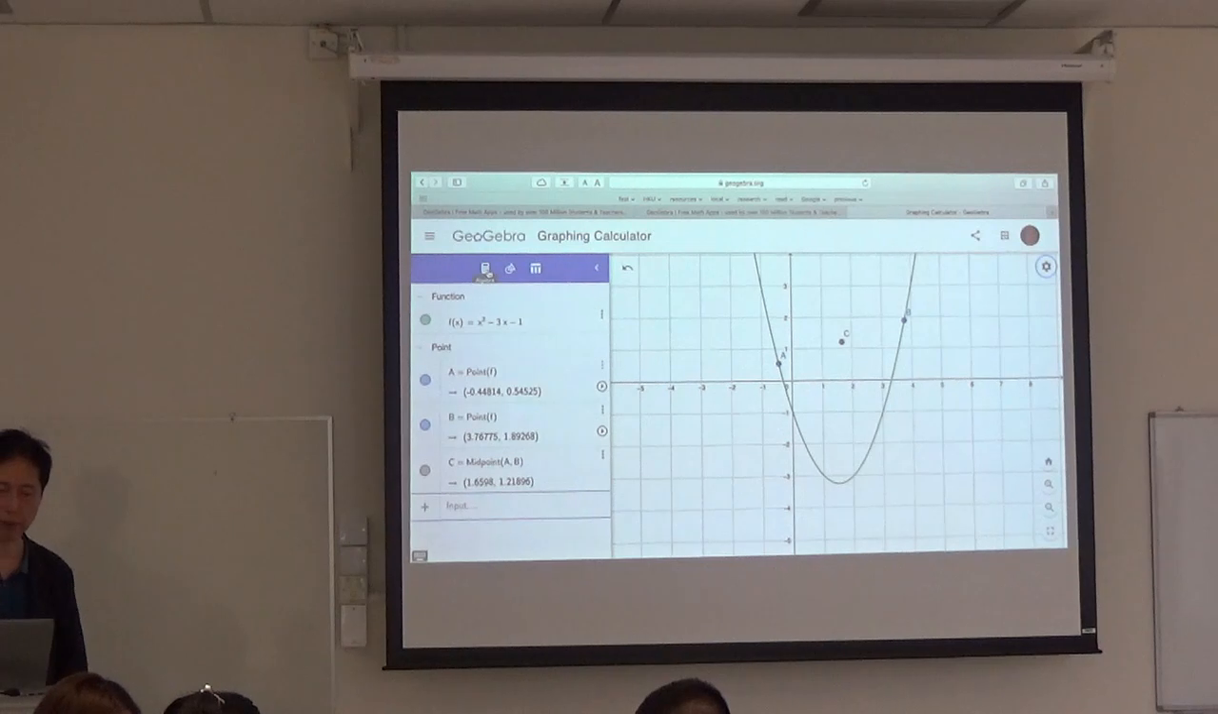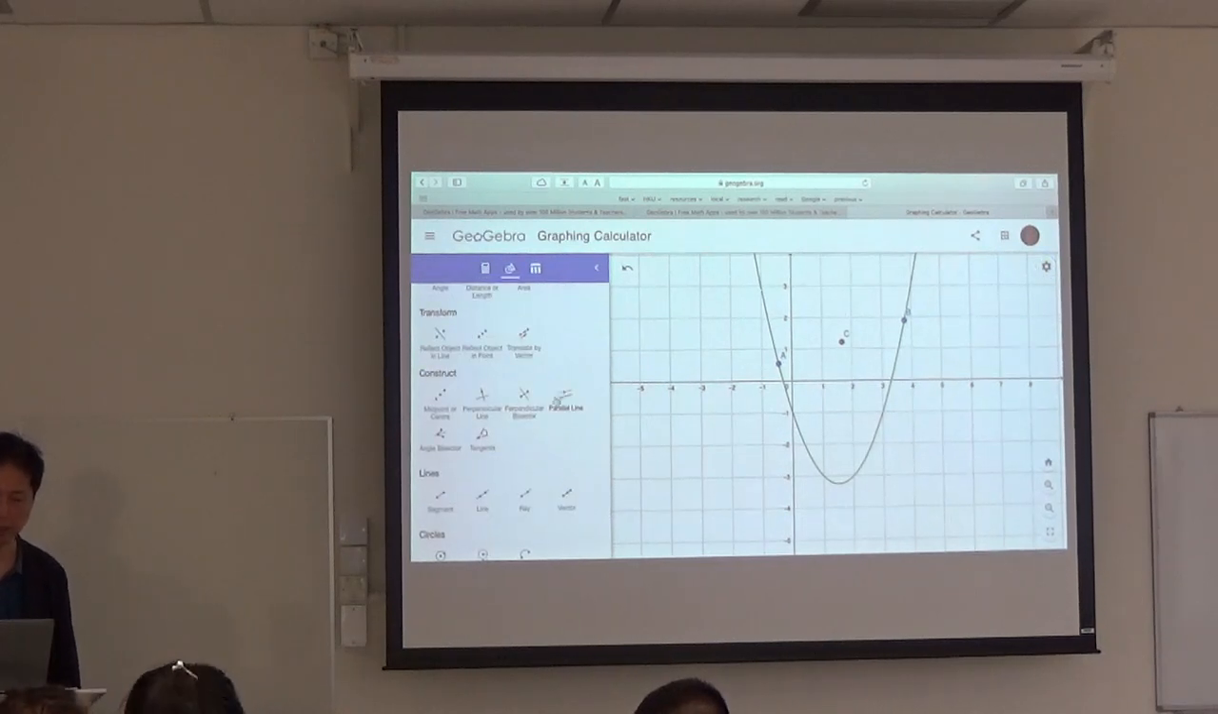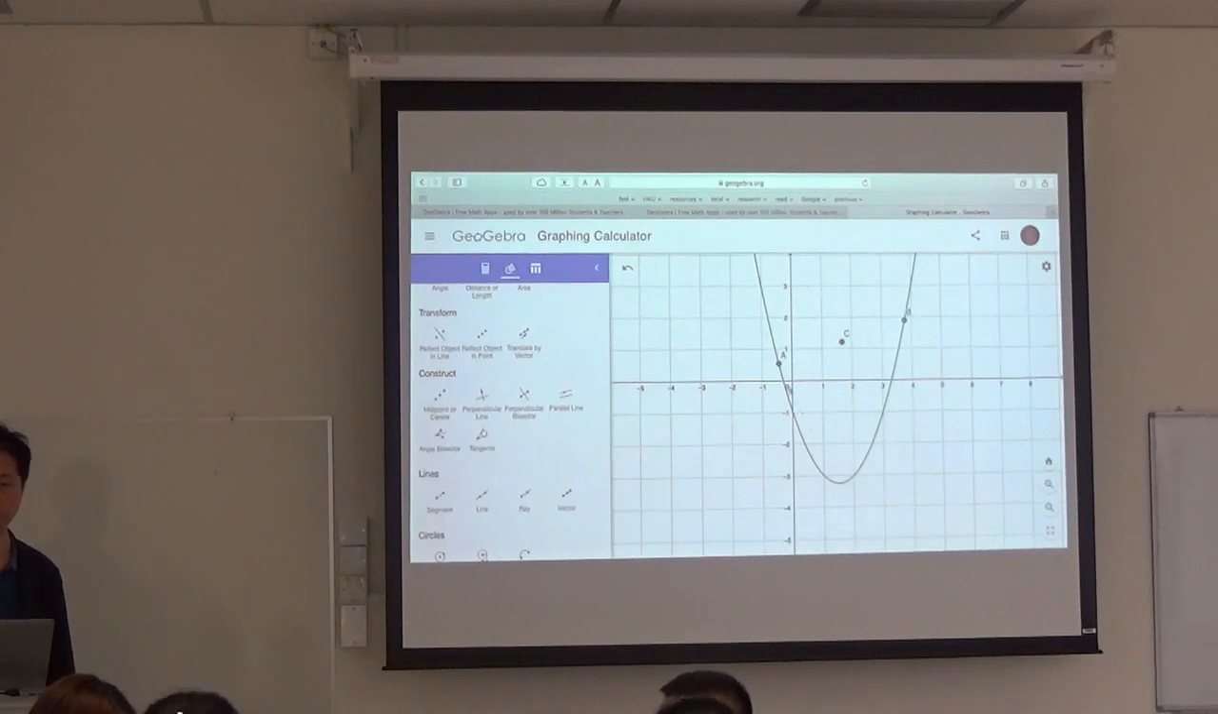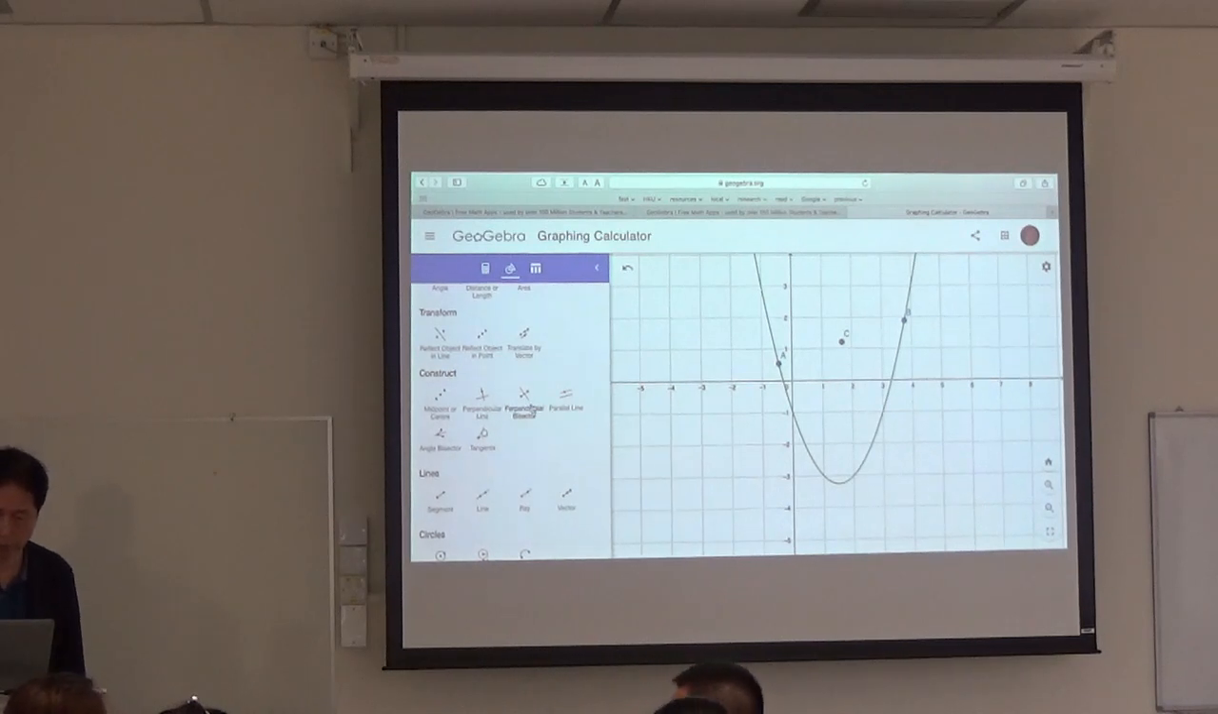Okay, now the next thing I want to do is to add a vertical line through C to cut the curve. I want to locate a point on the function midway between A and B. I need the x coordinates midway between A and B. So I need a vertical line, but in this environment, I think